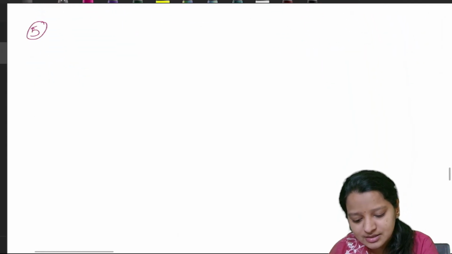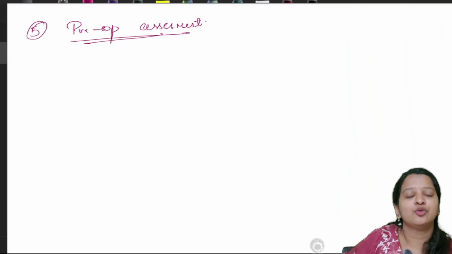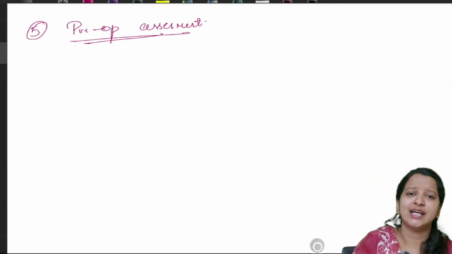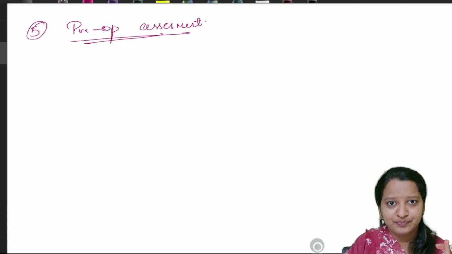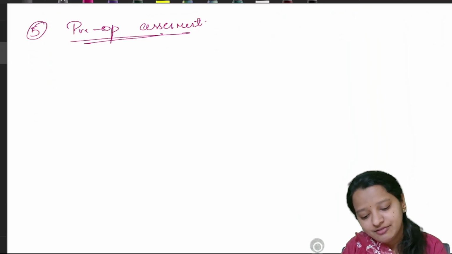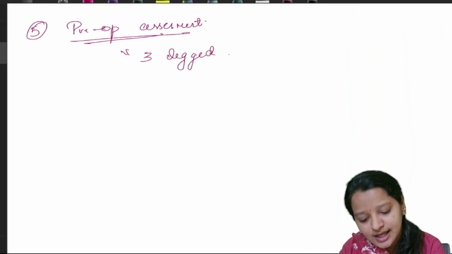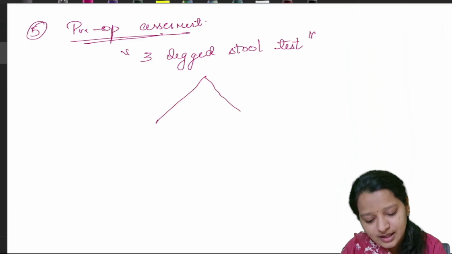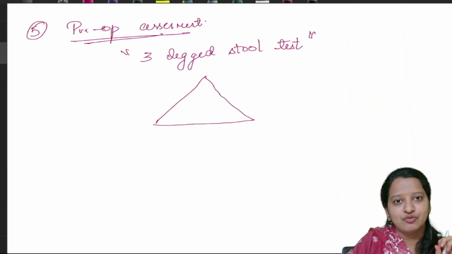So the next is preoperative assessment. So we'll do the routine PAC. Normal, we'll take the history, we'll do the airway examination, everything is the same. Okay, apart from that, here we'll have a specific assessment called three-legged stool test. That means here we'll be doing three main important parts of the assessment. They are